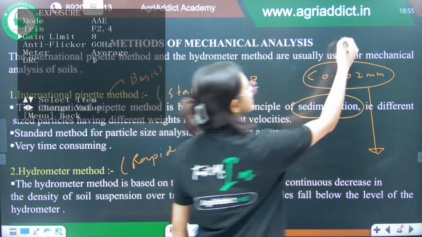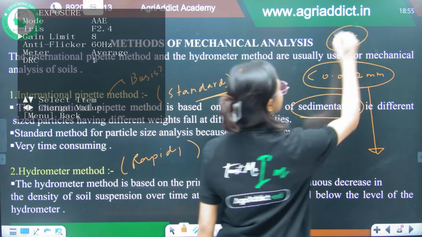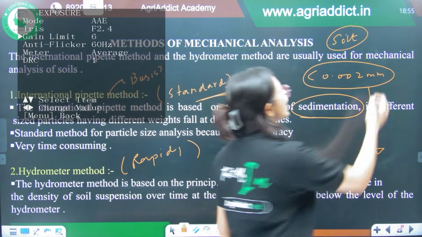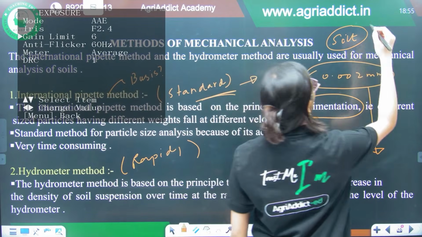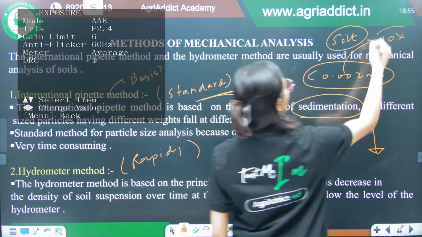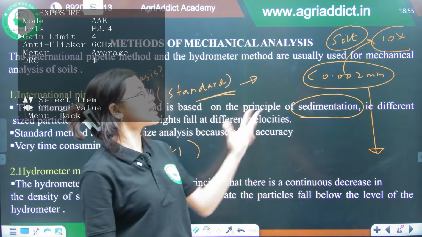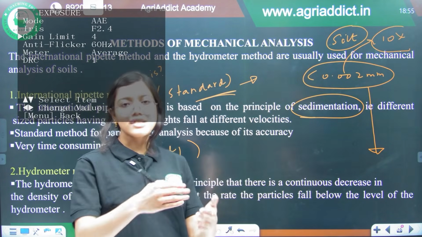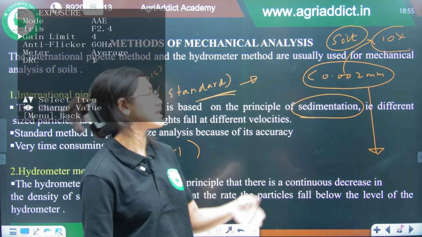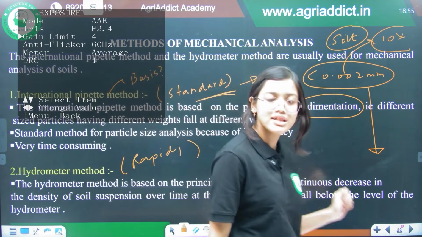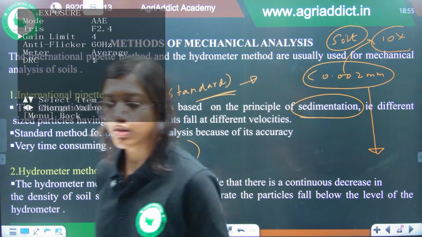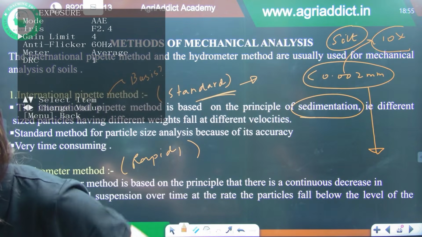Here also, I am talking about the sand particles or the silt particles, because the sand we do not measure with the help of sedimentation. The silt particles, because they are 10 times larger than the clay fraction, will take little time to settle down. And based on this settling velocity, we can classify our particles and find out the texture of our soil. Fine?